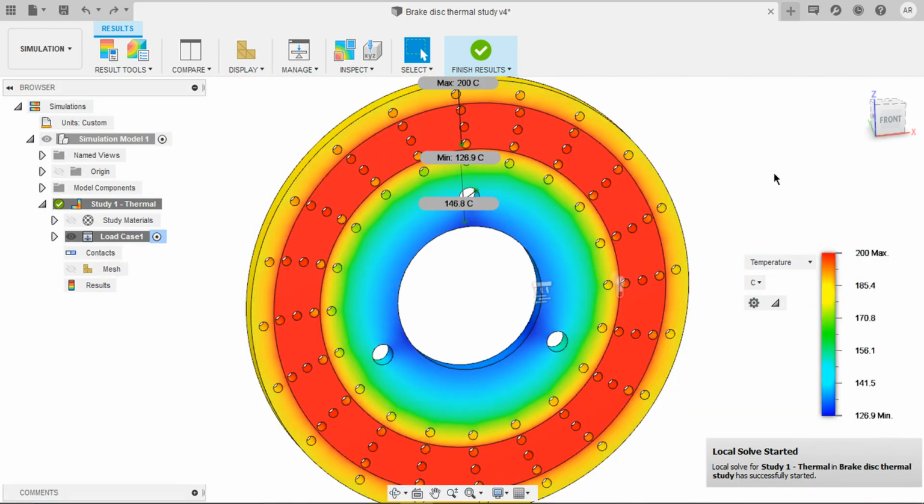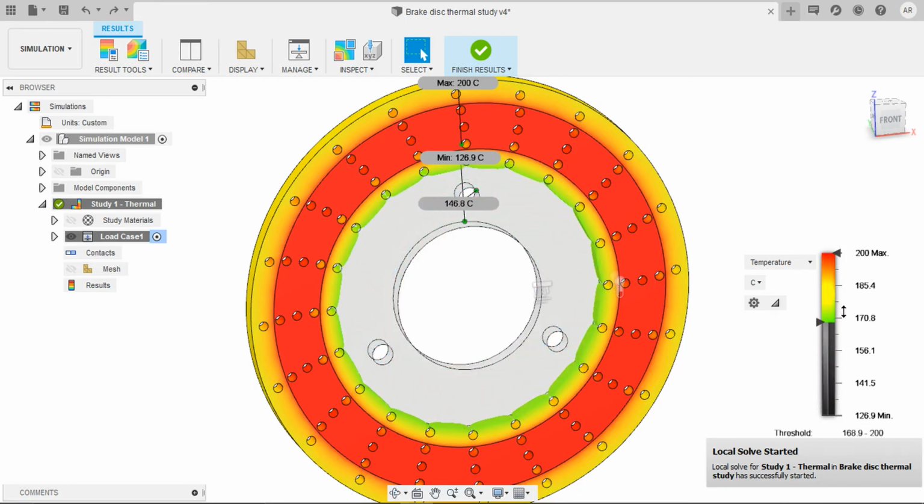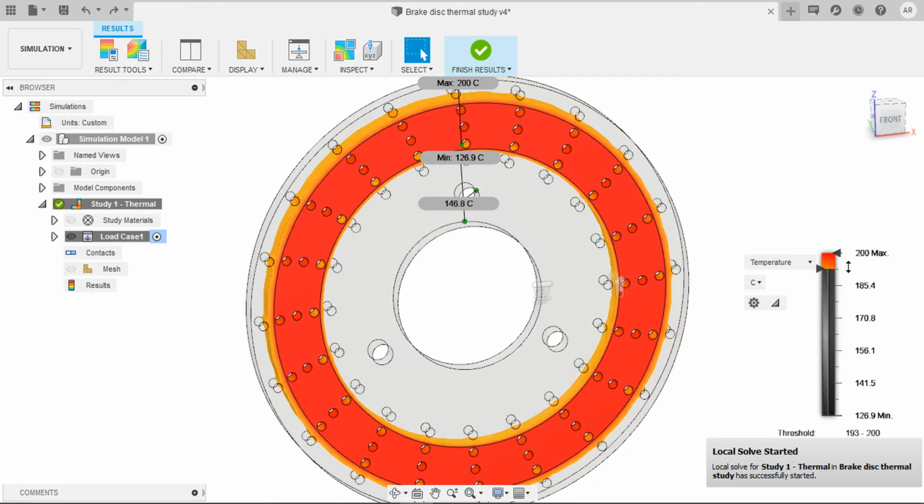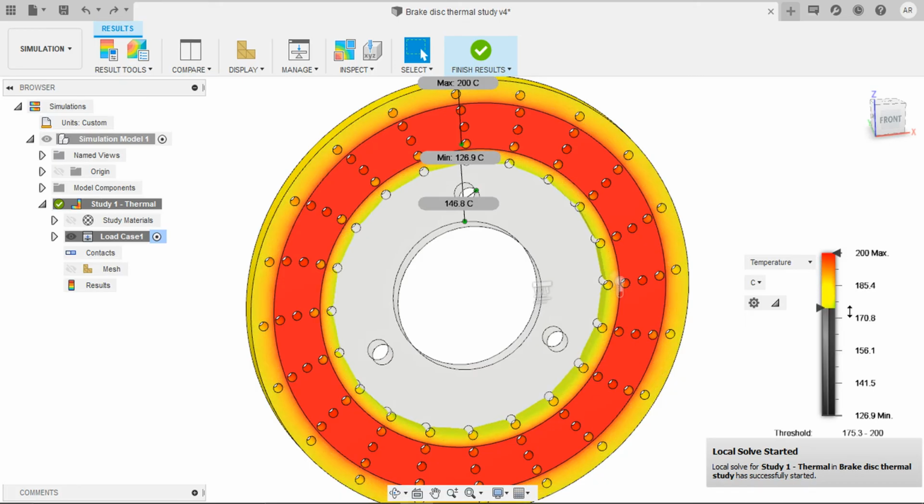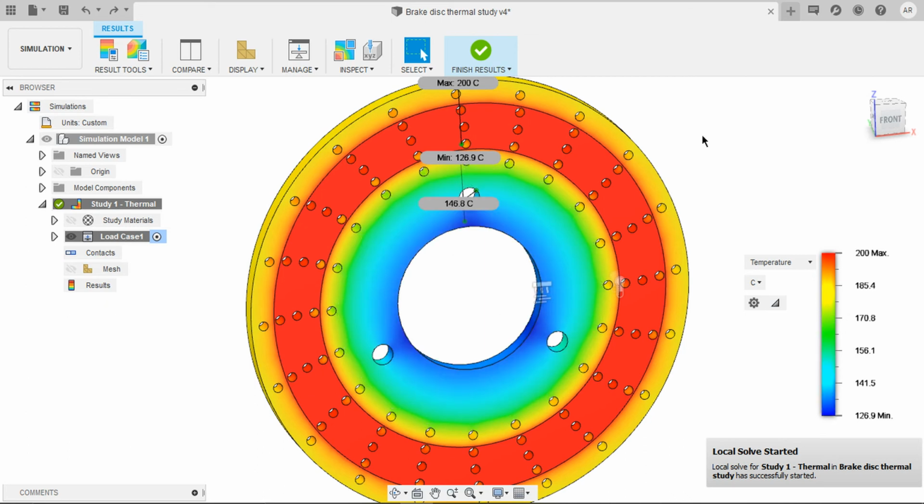Perfect. Here you have legend options. This is our source and this is how the temperature is being distributed. Validate your design based on the requirements and the material. And do consider that increasing the surface area by drilling drastically reduces the brake force area. If that is not a problem at all, try increasing the surface area for heat dissipation as much as possible. In that way your design will be safe.